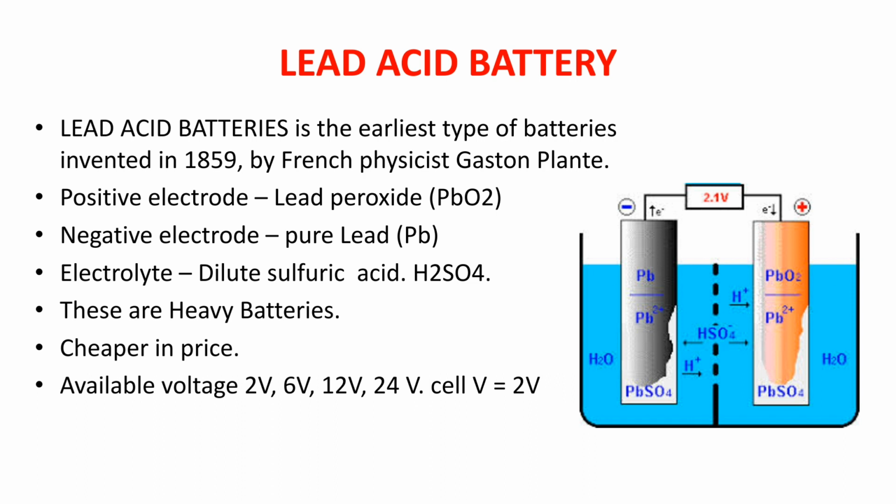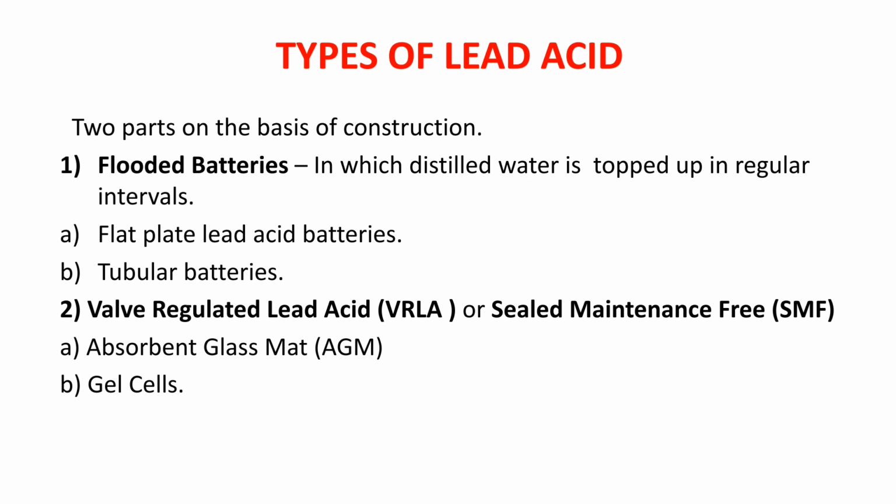The cell voltage of lead acid batteries is 2 volt and these cells are connected in series within a container to make a battery of 6 volt, 12 volt, 24 volt. Like a 12 volt battery will have 6 cells inside it. Now friends, most of the batteries available in the market are of 12 volt but have a wide range of current rating or AH available.